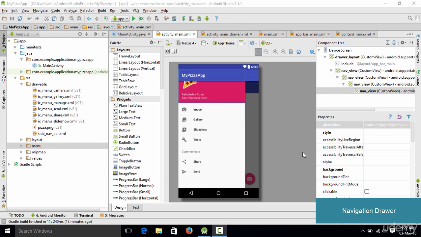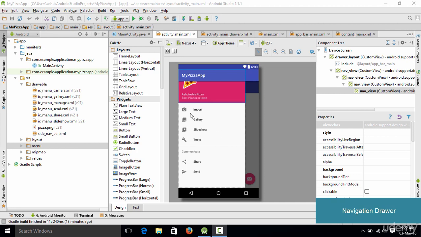Hello and welcome to this tutorial. In this tutorial we are going to learn how we could redesign this thing right here, which is the bottom section of the navigation drawer. Now in the previous tutorial we have designed the top section of the navigation drawer, and in this tutorial we are going to learn about the bottom section.